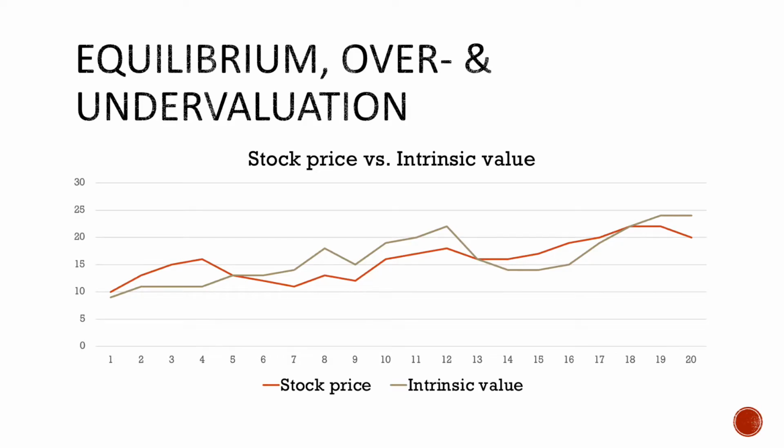When the two lines meet, this is actually a situation of equilibrium. At equilibrium, you're not going to gain instantly nor lose instantly upon buying or selling the stock. Why? Whatever you are paying for, the price, or whatever you are receiving, if you are the seller, would be equal to the intrinsic value. Again, from the social point of view, we want equilibrium. We do not want people to profit from incorrect information.